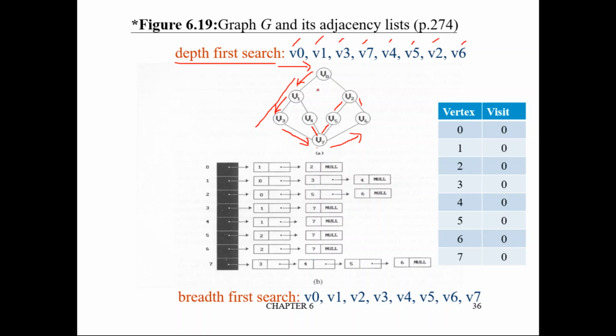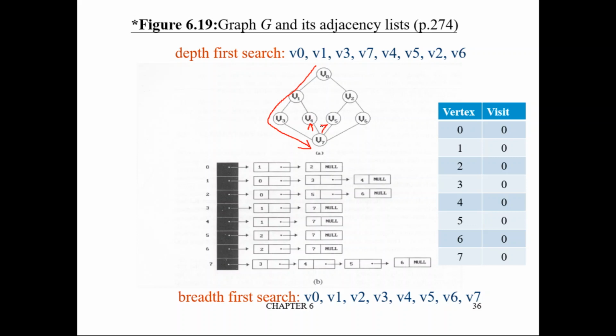Okay, so this is the concept. Here, if you observe, we are visiting the nodes depth wise. First, we have visited all these nodes. After visiting all these nodes, we checked from V7 whether anything is missing or not. V4 is missing, so we visited V4. Then from V4 there is nothing else, so we came back to V7.